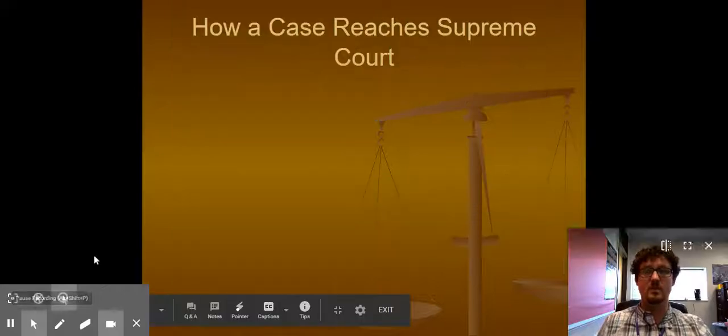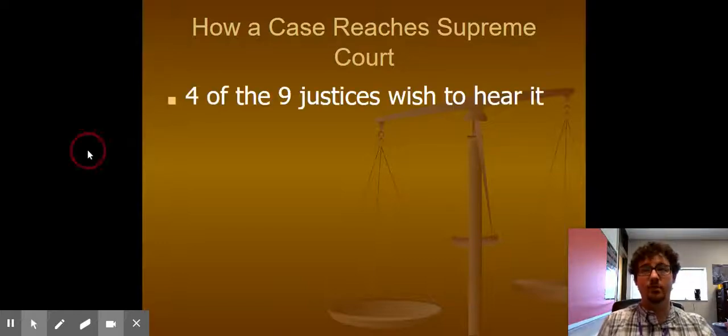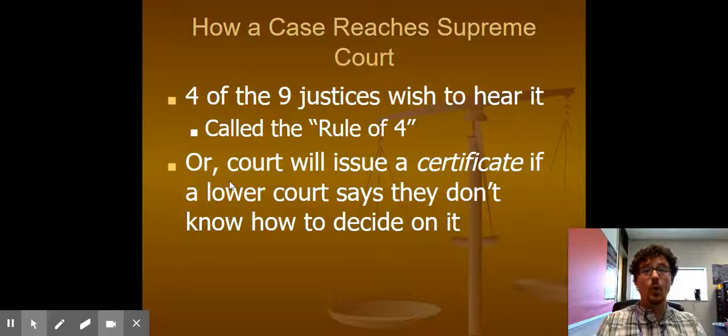Made it up. All right, some of you may be asking, how do you even get a case to the Supreme Court? That seems like a lot of work. It is. Well, first, once you've made it through the district courts and the appellate courts, you've got to get the judges to want to hear your case. So if you don't have something big going on, they probably won't hear it. You got to have at least 4 of the 9 judges agree to hear it. All right, we call it the rule of 4 because there's 4 judges. They put a lot of effort into that name. Or